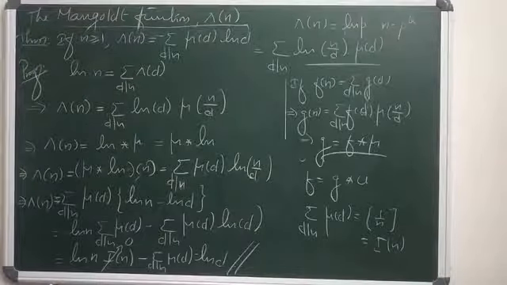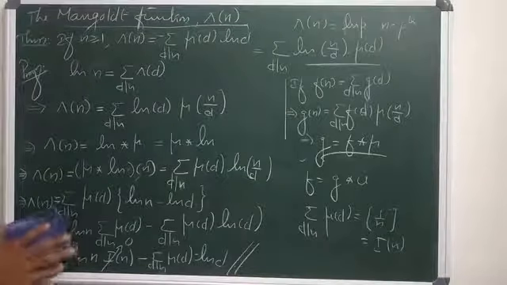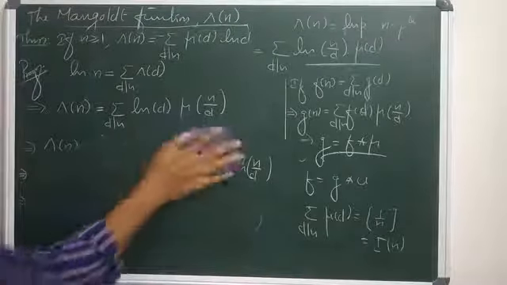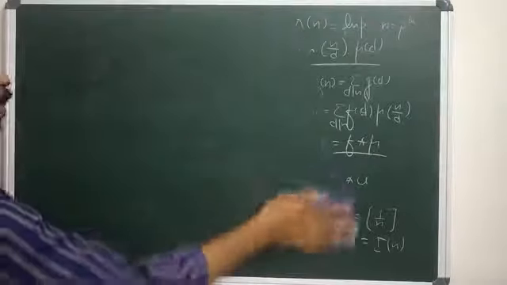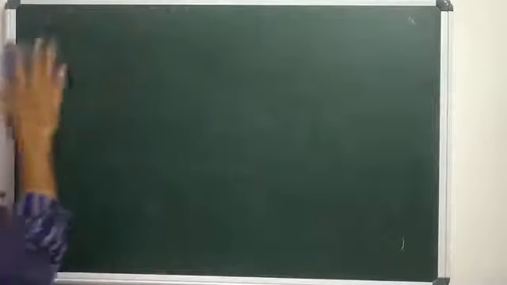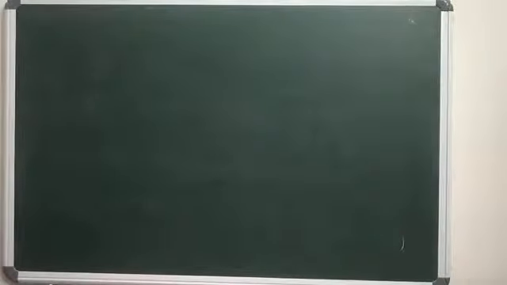Clear? Yes. So this is the Mangoldt function. The Mangoldt function is defined as: when n equals a power of a prime p, then lambda n equals log p, and 0 otherwise. Also we know that for n greater than or equal to 1, log n equals sigma over d divides n, lambda d, or it is sigma over d divides n, mu of d into log n by d, or it is minus sigma over d divides n, mu of d into log d. And that result heavily depends upon